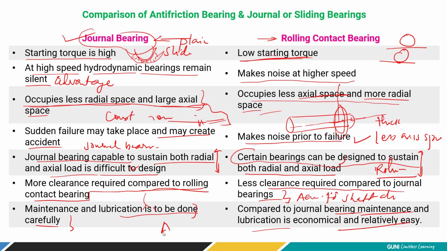Now in automobiles, let's say your two-wheeler or Activa or maybe any other four-wheeler, they basically use rolling contact bearings. They do not use general bearings. General bearings are used in the engine where the crankshaft is fixed on the bottom part, right? But again, now they are using ball bearings for proper alignment, right? So the use of rolling contact bearings in machines is increasing because they offer minimum friction.